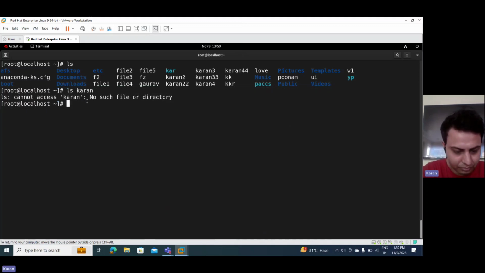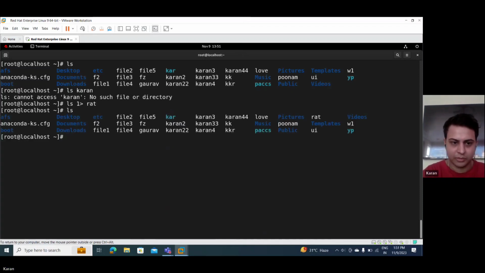So to contain this command output in a particular file, what we can do is, let's say cat, cat rat. So now with ls, it will showcase us the output. And if you write rat,